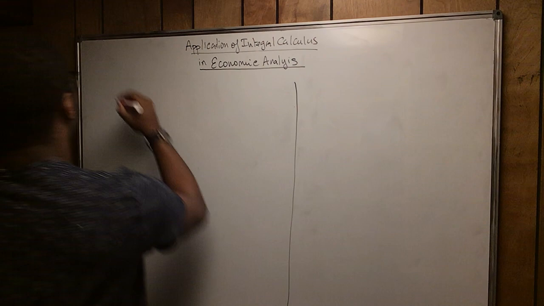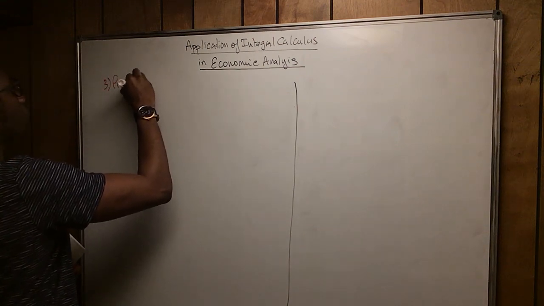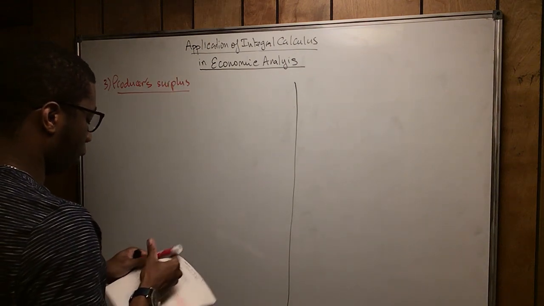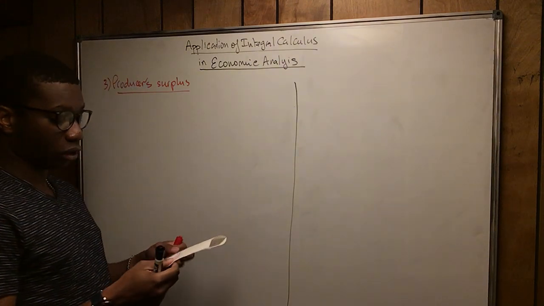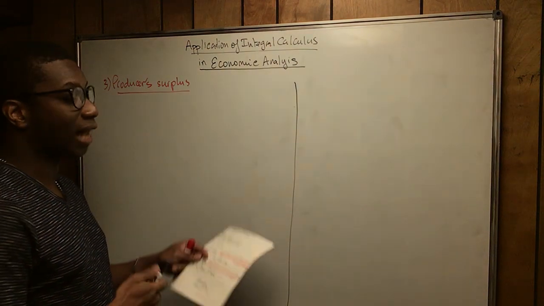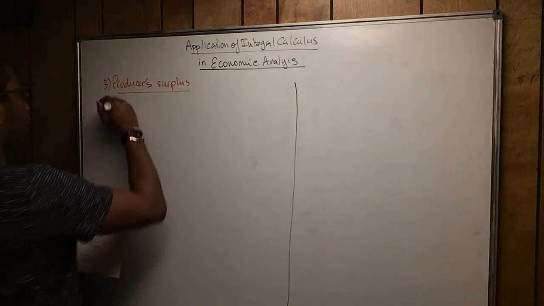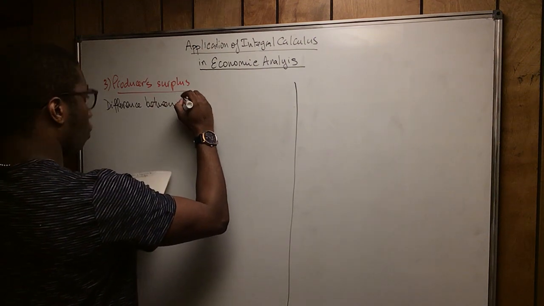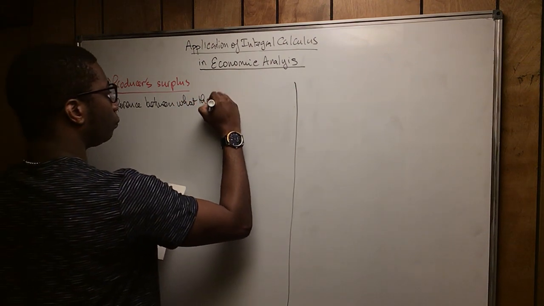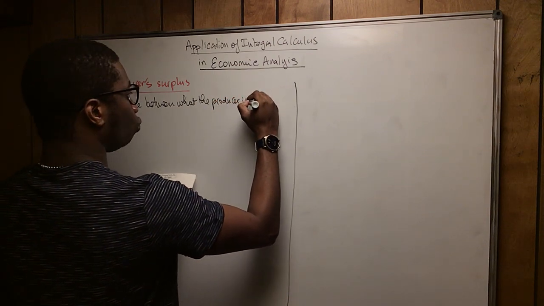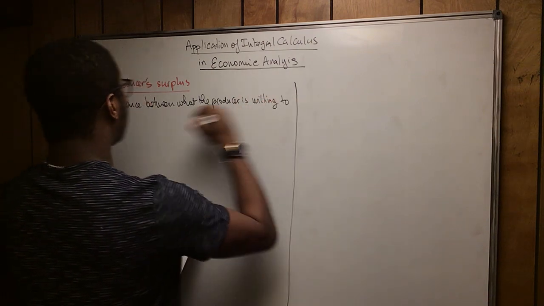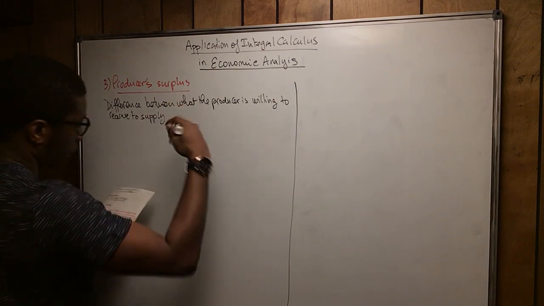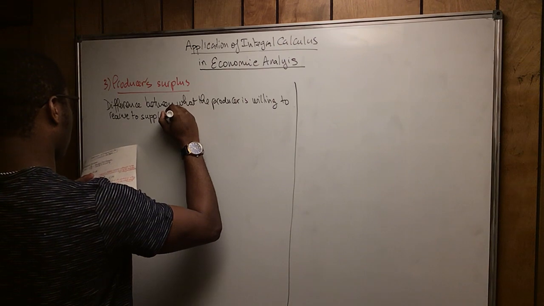All right, producer surplus. So producer surplus is simply the difference between what the producer is willing to receive to produce a good, to increase its supply of a good,